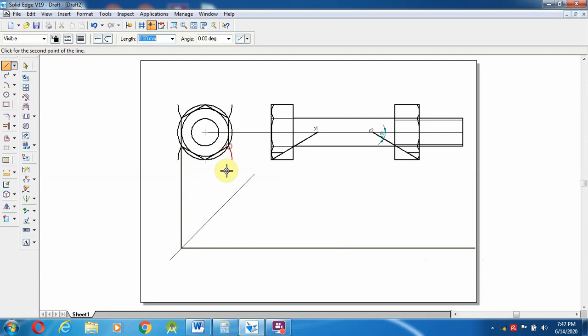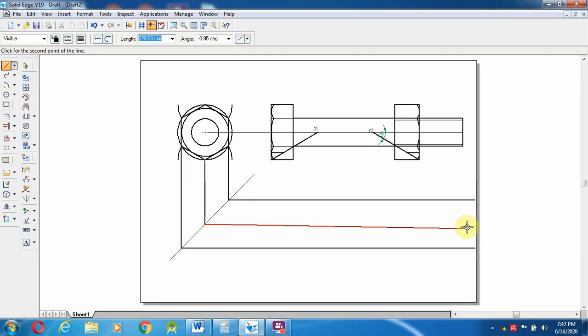Same like here also. So from this line, wherever it touches the 45-degree line, I am going to extend over here, and even in this midline also. This is for the reference line. I am going to make over here. Okay, so after creating this, even this line also I am going to create up to here as well as this, and from here one more line I am going to draw over there.